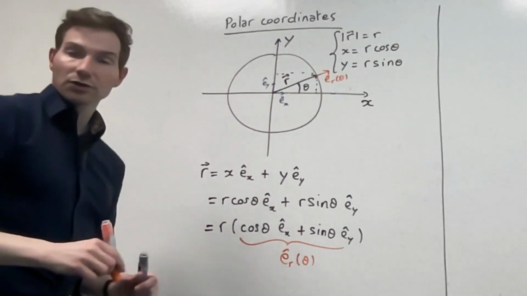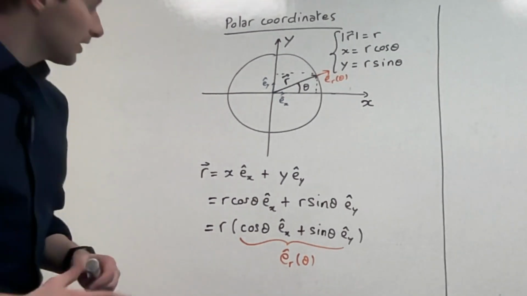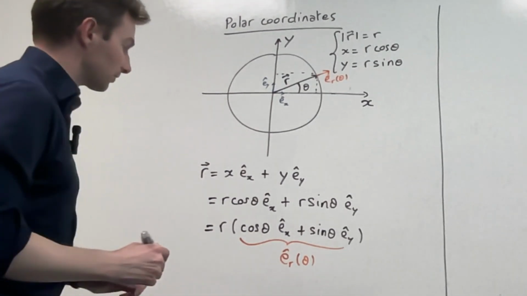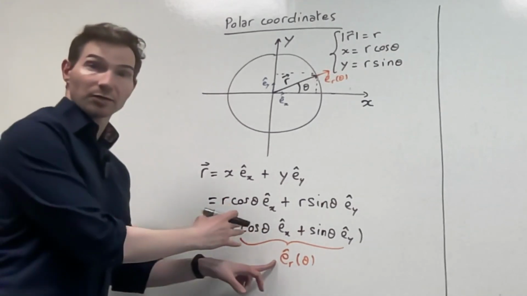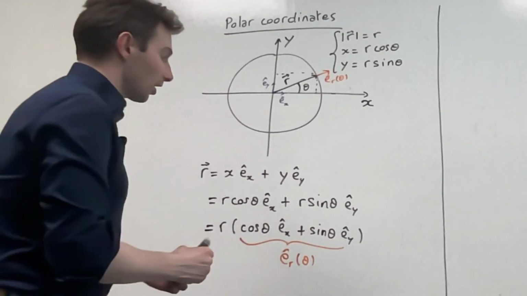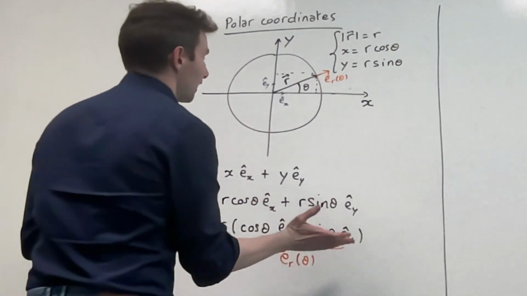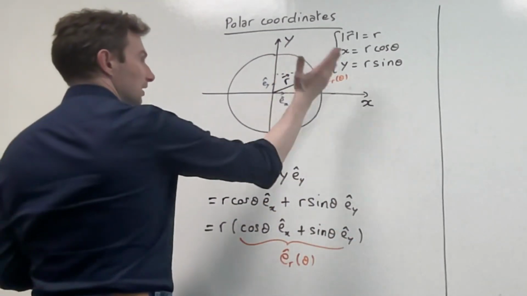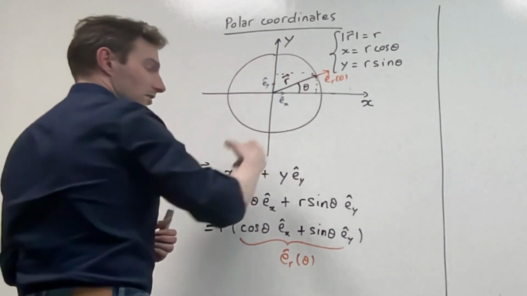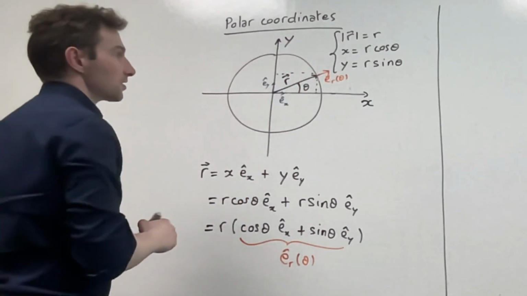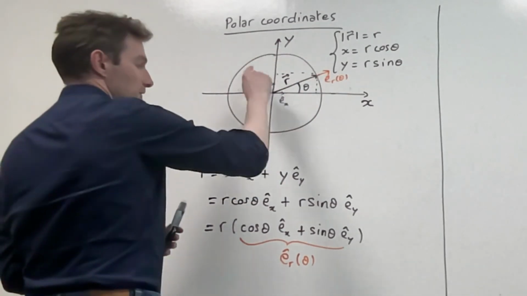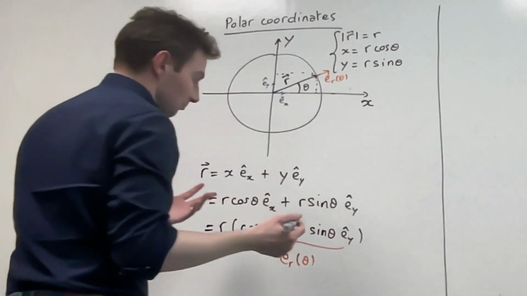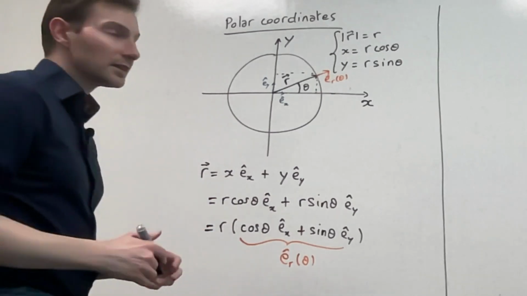And then the next thing you can ask is, can I find a vector which is perpendicular to this one, and which has the property that its cross product is going to be the same as the cross product of ex with ey. So you can introduce a new vector,